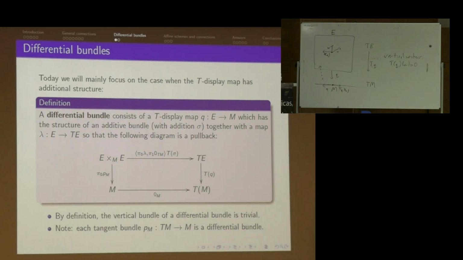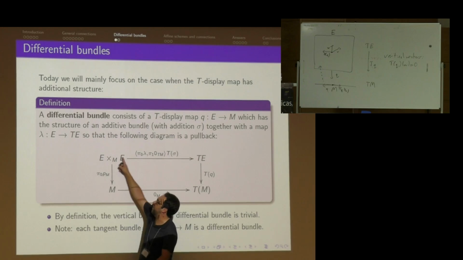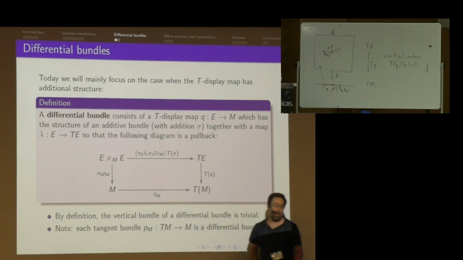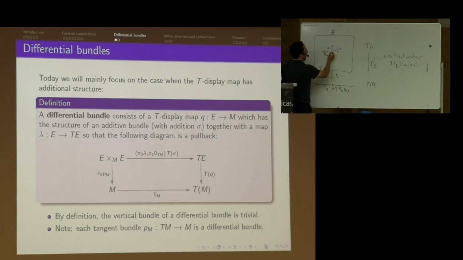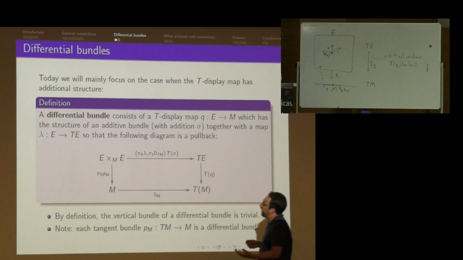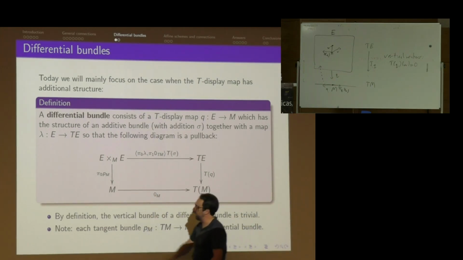So in general, the space of vertical vectors, who knows what it looks like for an arbitrary map from E to M. But in a differential bundle, you ask that this be particularly trivial, right? It's just the product of two copies of E. So in other words, if I have a vertical vector in here, it has some base point in E, but in addition I can represent it by some other point of E. So every tangent vector here that's vertical is really just a pair of elements of E. So saying the vertical bundle is very simple in some way.